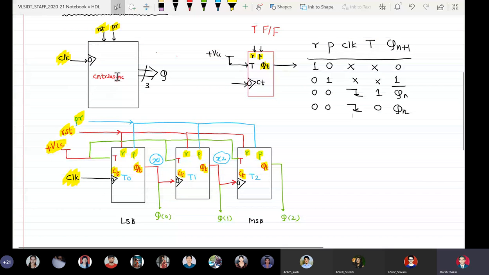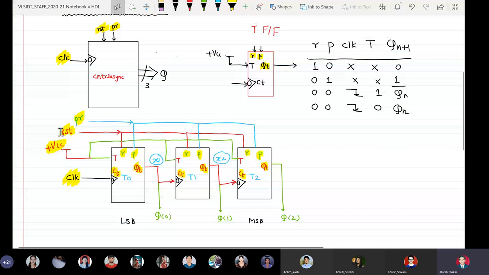the CLK input to the parent entity goes as the clock input to the LSB instance of T flip-flop. The output QT of T0 acts as clock CT of T1. Similarly, the output QT of T1 acts as clock input of T2. And the resets and presets of all 3 instances are tied together to reset and preset of the parent entity.